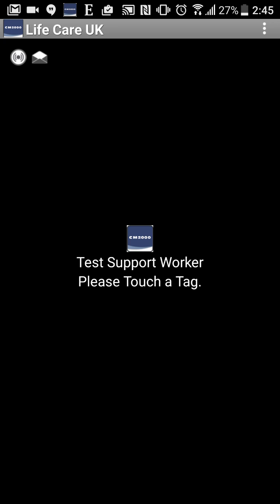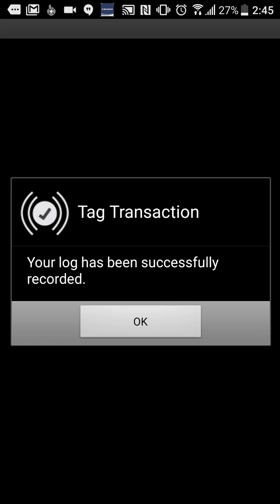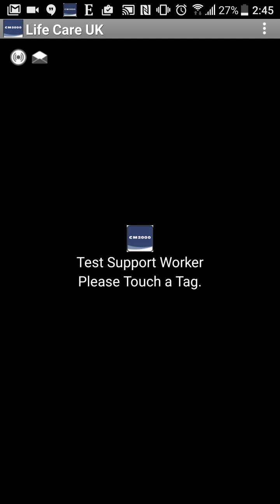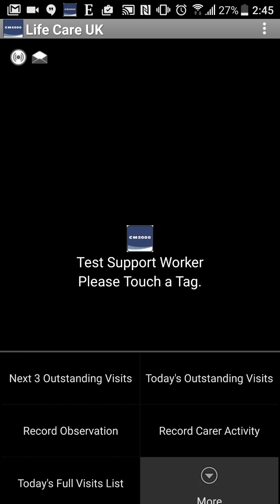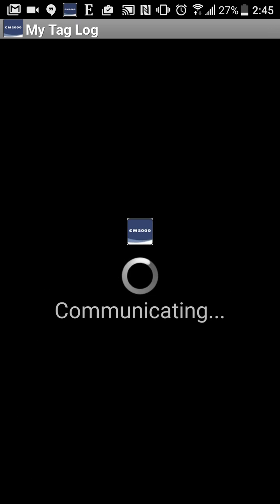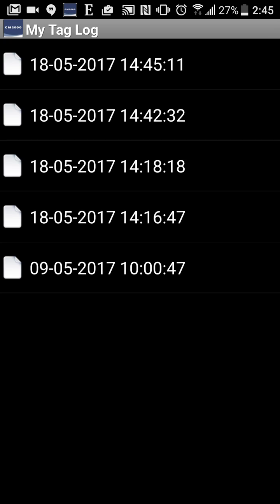I'm touching my phone on the tag. The tag has been recorded successfully. So I'll click on OK, that's okay. So now what we do again, we can go back in, check the tag log. It says